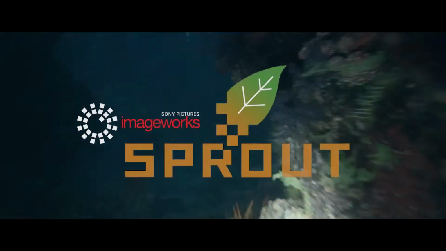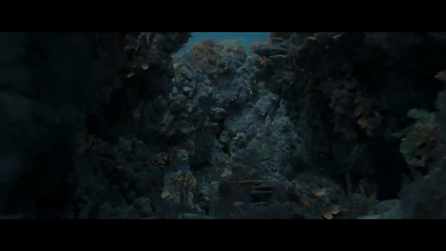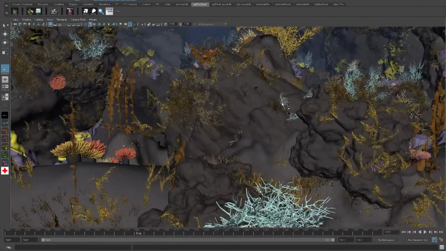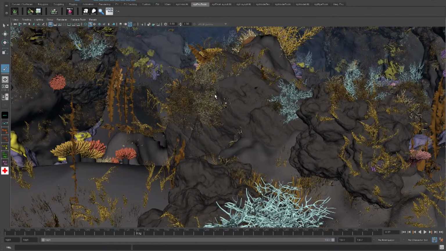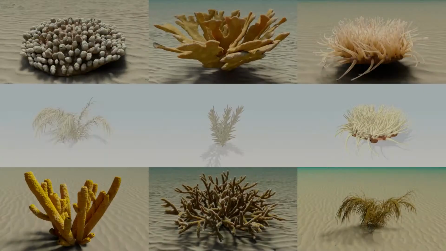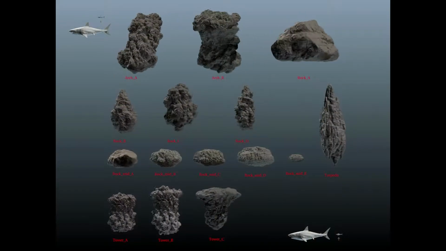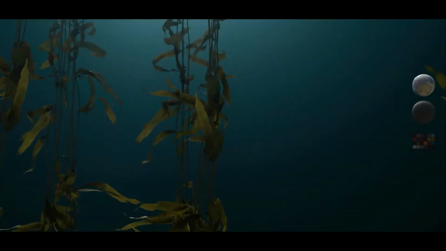One of the unique pieces of software that we used on MEG to create our underwater environment is something called Sprout. What is Sprout, you might ask? Sprout is an in-house tool that allows us to propagate tons and tons of geometry across an environment. So what you do is you take your key elements for your underwater environment, which in our case was the corals, the rocks, the sand, particulate, and kelp, and you can very quickly cover a whole empty environment interactively,